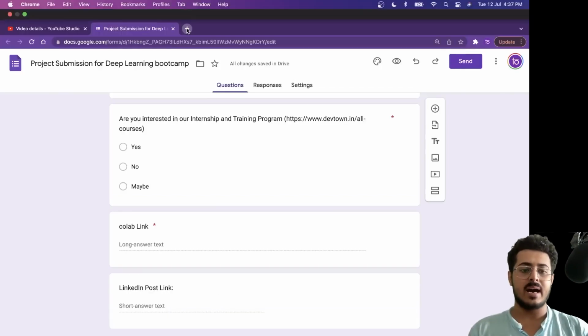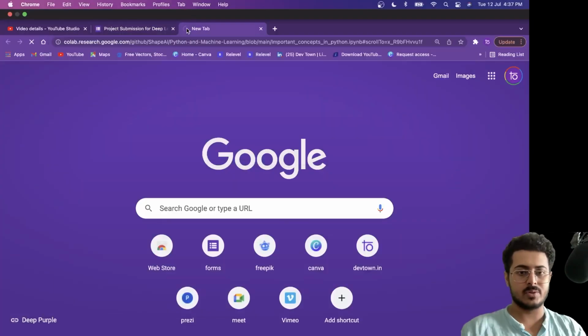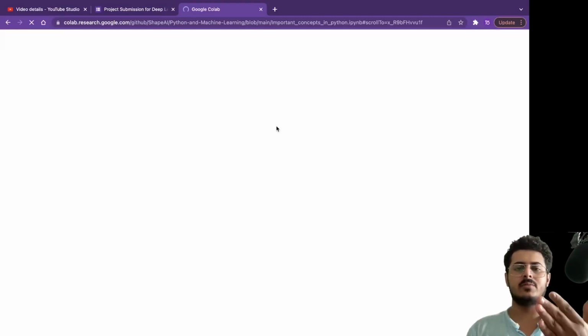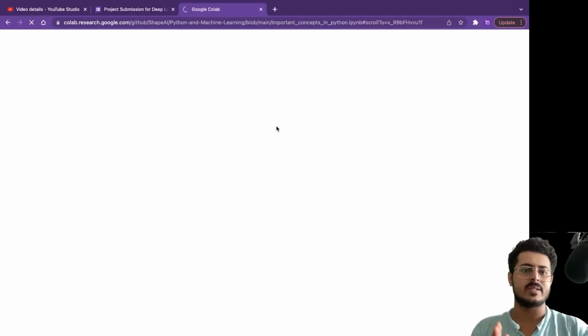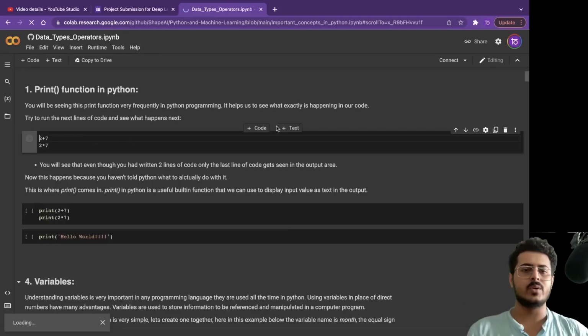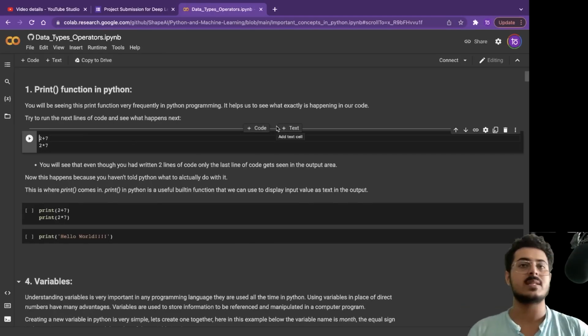For example, if I show you colab.research.com, let's take up an example for this particular Google Colab notebook right over here. It is taking a second to load, so give it a second. Once it has loaded up, just like in the video, you will be seeing you have to create the entire project. Once the entire project has been created, on the top right corner of this particular page,